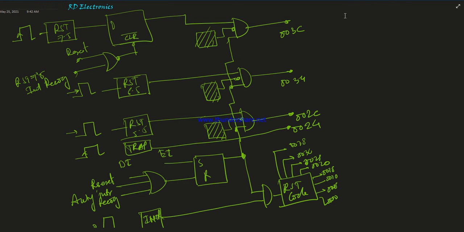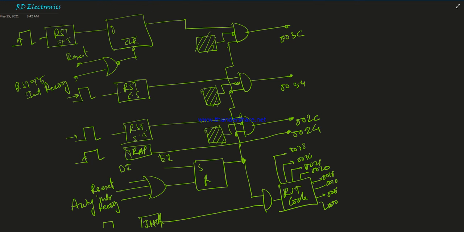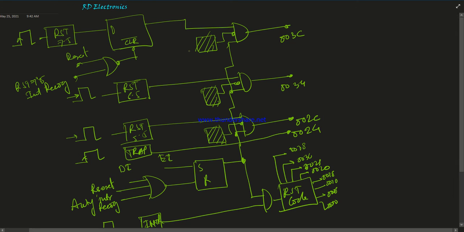Okay, now this is the 8085 interrupt and vector location internal hardware diagram. First of all, this is RST 7.5, which is edge triggered. This is a D flip flop; when it is activated, D is 1, and then the AND gate input equals 1. These three bits, 1 2 3, are mask bits. These bits are connected to the accumulator bits when the SIM instruction is executed, and these are the output memory address locations. This is for RST 7.5, this is for 6.5, this is for RST 5.5, and this is for